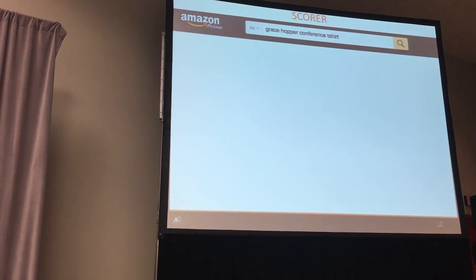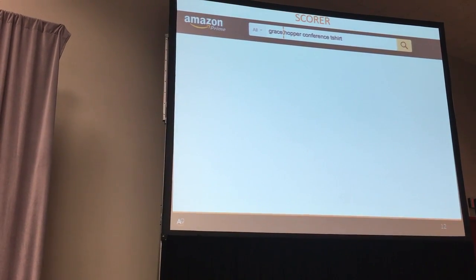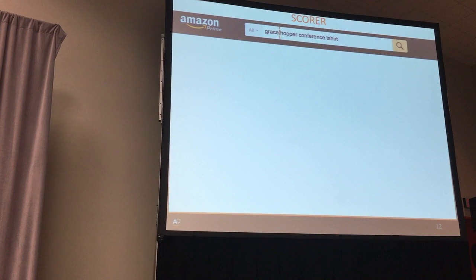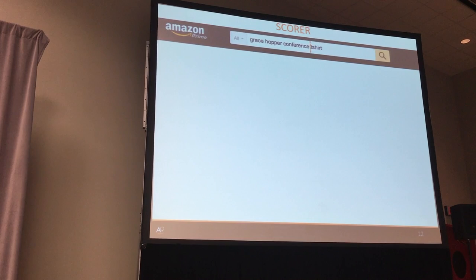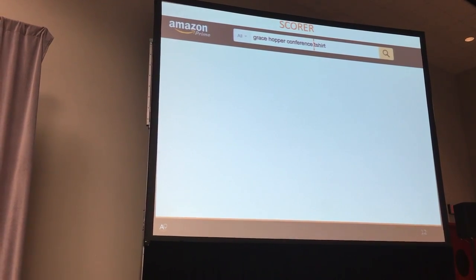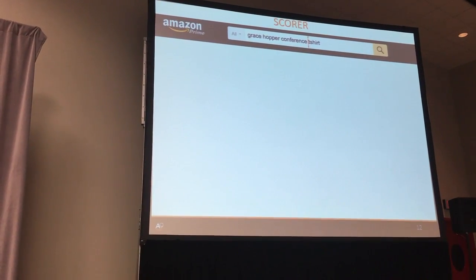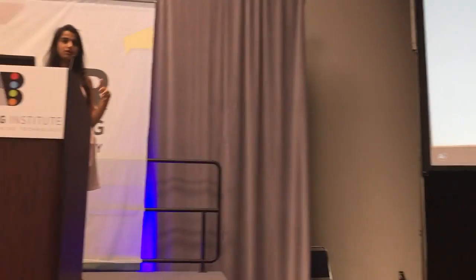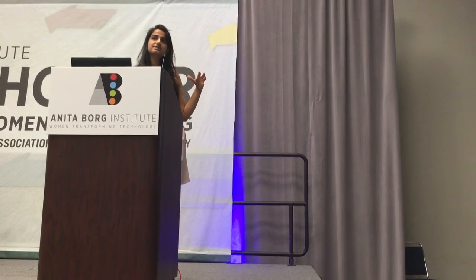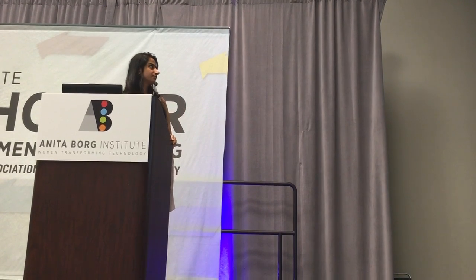One possible way is I put the phrase boundary between Grace and Hopper, but that's probably not the right way. This might resonate with you guys: you put a boundary between conference and t-shirt. How do we score this? Scoring of a segmentation is scoring of a phrase, and we have an aggregation function to aggregate those scores of the phrases. So what is the score of a phrase?